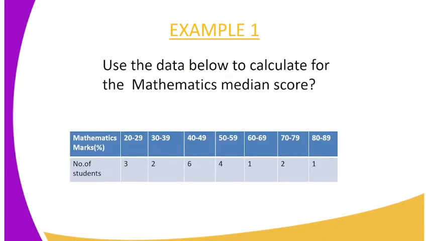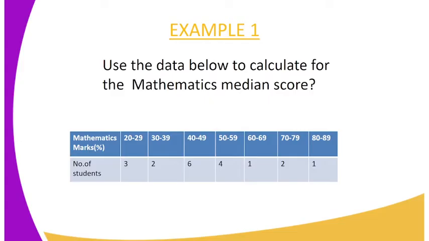I represents the class interval. On to the first example, you are supposed to use this data below to calculate the mathematics median score. There is mathematics score represented here in percentage, and the class intervals range from the smallest, 20 to 29, then we have 30 to 39, and the frequency is indicated below as 2, and 20 to 29 the frequency is 3, and 40 to 49 the frequency is 6, meaning that 6 students scored between 40 to 49, then 50 to 59 4 students, 60 to 69 only 1 student, 70 to 79 only 2 students, and lastly 80 to 89 only